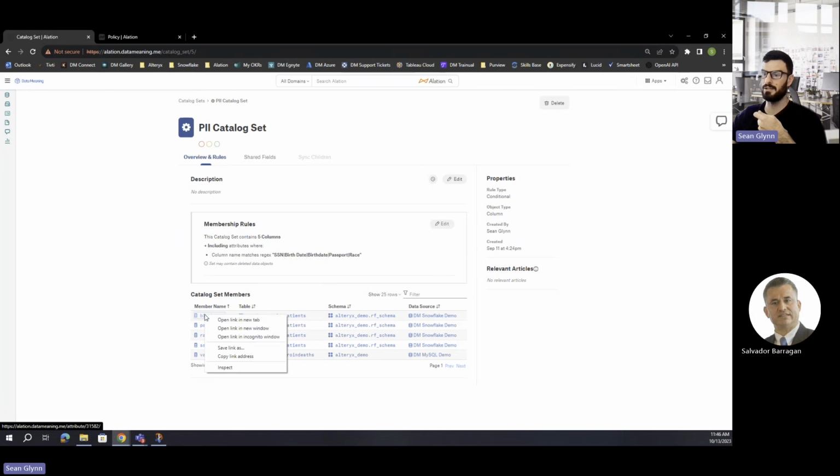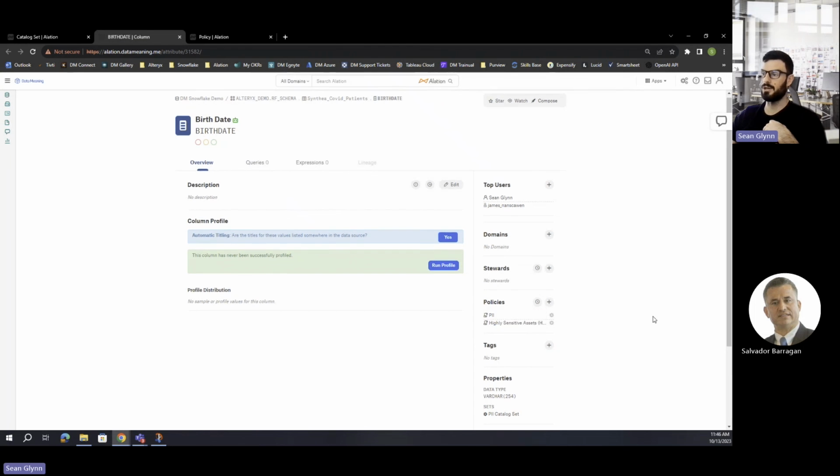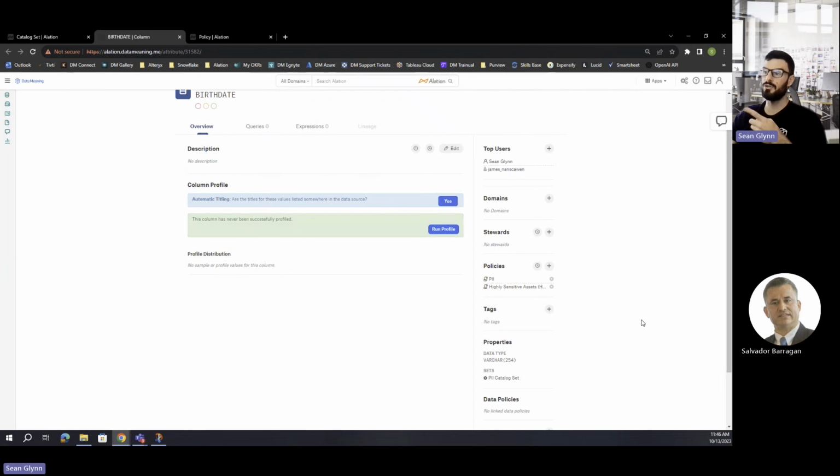And I can see that if I open up, let's say this birth date, right? I can see some of the information here about what table this column sits in, and obviously the rest of the path with regards to schema and data source. If I click on this birth date column, I can see that this has automatically been applied. And I know that it's been automatically applied, if you remember when I was on the table earlier, we did see under the policy section that I had the PII listed,